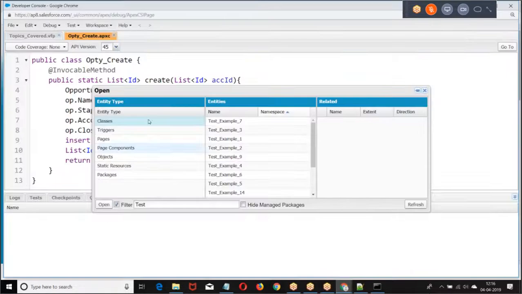And how did you write? Apex example 1, Apex example 2.